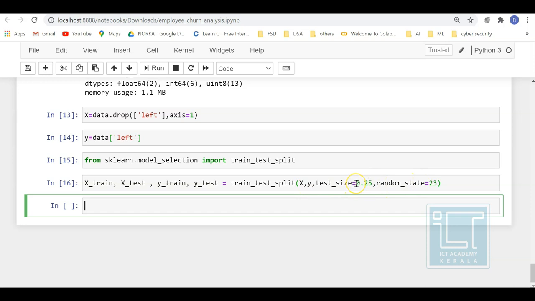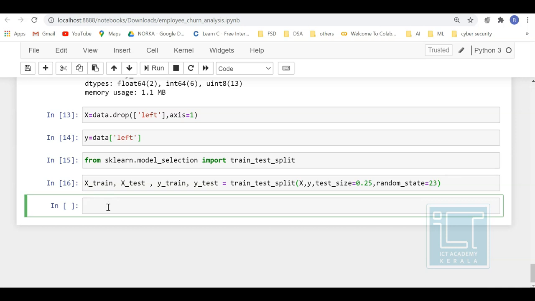The test size means you are taking 75% of the data set for training and 25% for testing. The random state is a seed point to make sure that every time we are taking a similar data set for training as well as for testing.